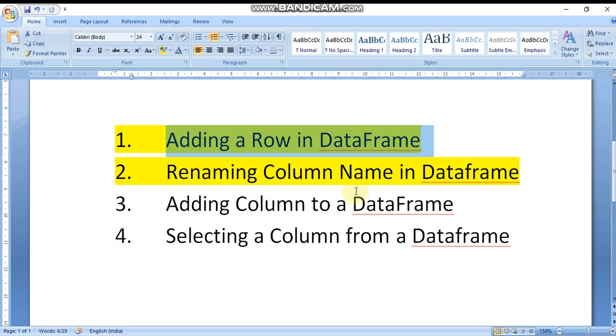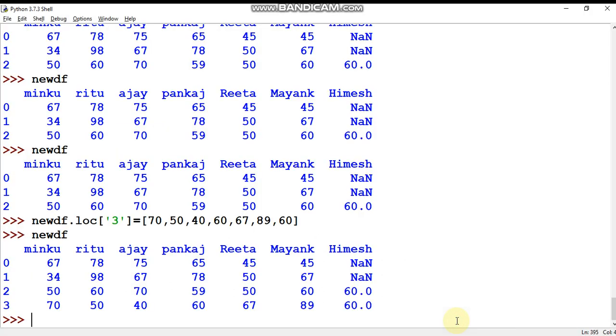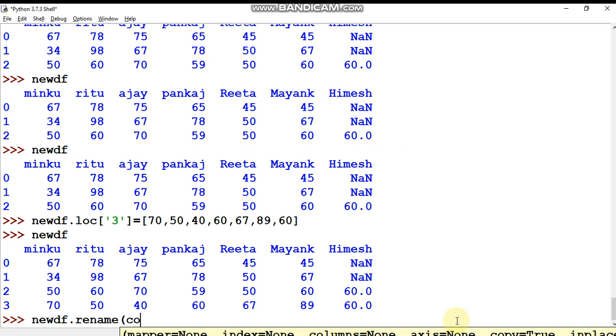Renaming a column name in a data frame. How will we rename a column? For that, the rename method, which I have discussed in the series, you need to use. So how can we rename a column? Once again, use the data frame which you have. So there is a method, the rename method, then use the columns keyword, columns equal to, in a dictionary write the current column